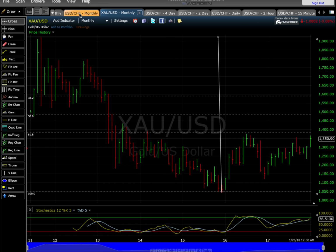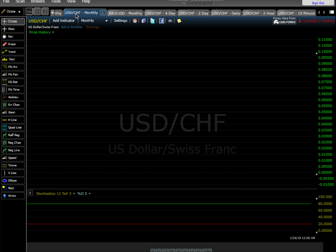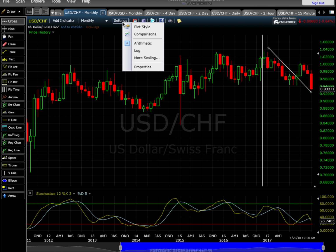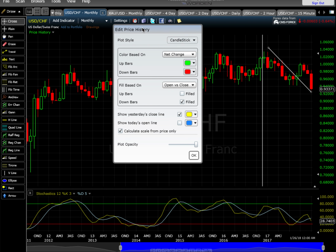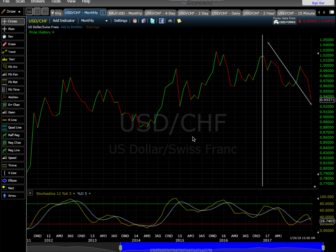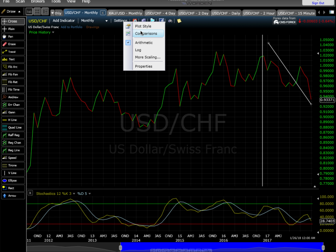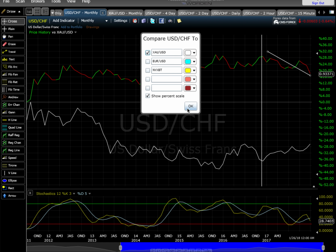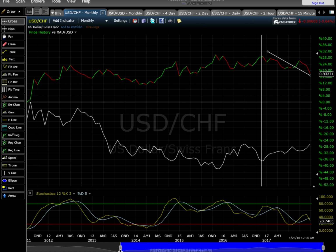Let's see. Now I want to get into some comparisons. I want to show you how these things look side by side. I want to get rid of the candlestick and go to a line chart instead. Okay, let's take a peek at gold since that's what we were talking about. Okay, what we have here is